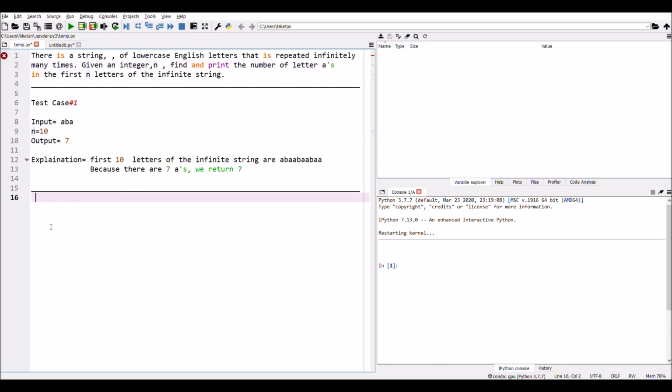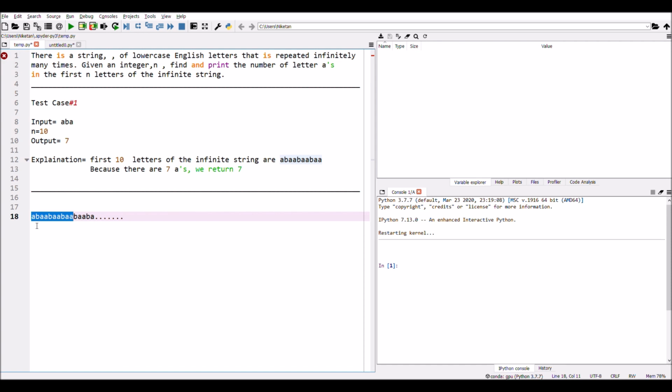So what they ask is that the string ABA is repeated infinite number of times. So ABA, ABA, ABA, ABA, and so on. In the first 10 characters, 1, 2, 3, 4, 5, 6, 7, 8, 9, 10, we have to count how many times the letter A has been repeated.